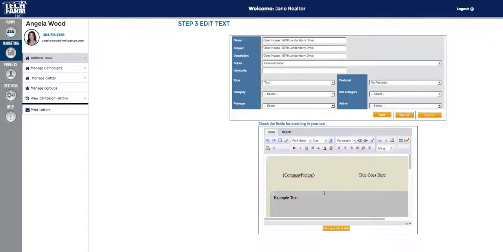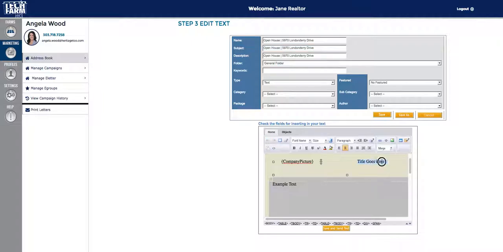It's going to take us to edit our e-letter, or add the content to our e-letter. And as you can see here, you can go in and change the subject line at any time, as well as the name and the description. And then you can just start adding the content to your letter. So you can type in your text, you can add images,